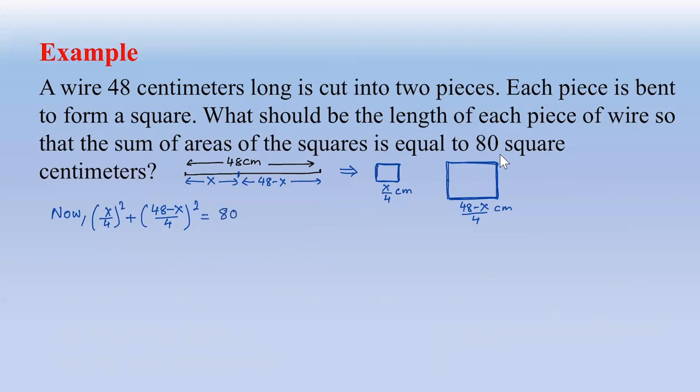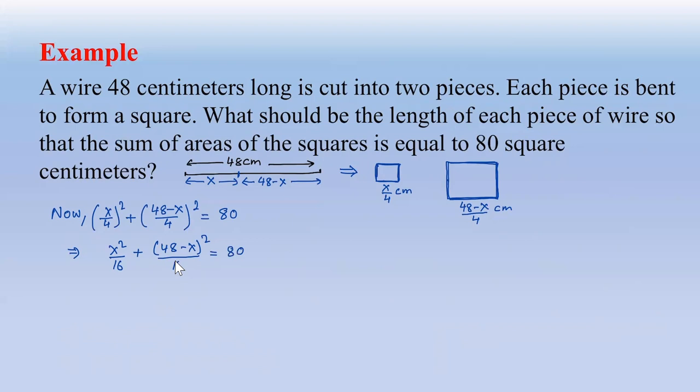Total will be 80. So now we need to solve this equation and find the value of X so that we know the length of each piece. What should be the length of each piece of the wire? So how much is X, and how much will be 48 minus X? Okay, the first one here, let's simplify now. It is X squared over 4 squared, which is 16. Here we have (48 minus X) quantity squared in the numerator, and in the denominator 4 squared is 16,